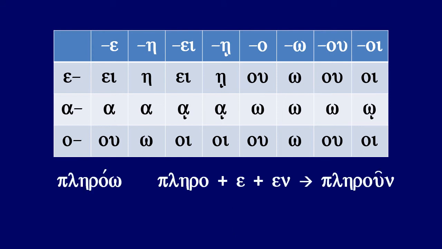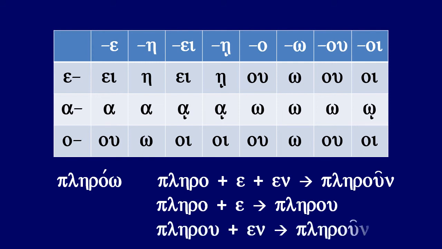And here's our final example of an omicron short vowel ending to the stem of a contract verb. In this case, it's plerao. And here you've got omicron, and that's going to combine with the epsilon to form the omicron upsilon diphthong, pleru. But then again, you still have an epsilon nu ending. And so when that combines the epsilon with the omicron upsilon diphthong, you end up with the omicron upsilon diphthong still. You attach the nu ending and you end up with plerun for the present active infinitive form of